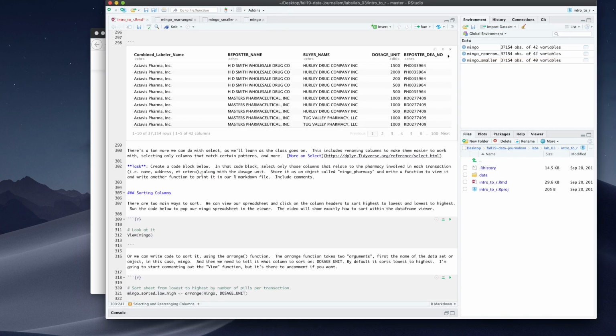Okay, so to end this particular section, before we move on to sorting, you have a task I want you to work through. I want you to create a code block below. Remember, it starts with 3 tick marks, bracket R bracket, ends with 3 tick marks. And within that, I want you to write some code. You can use what I wrote above to select only those columns that relate to the pharmacy involved in each